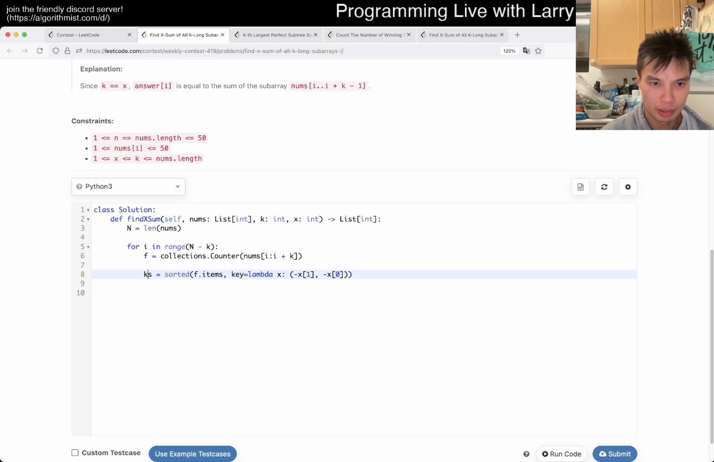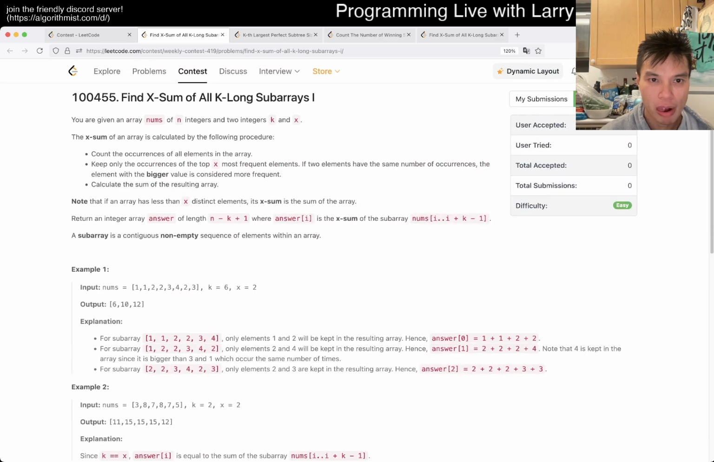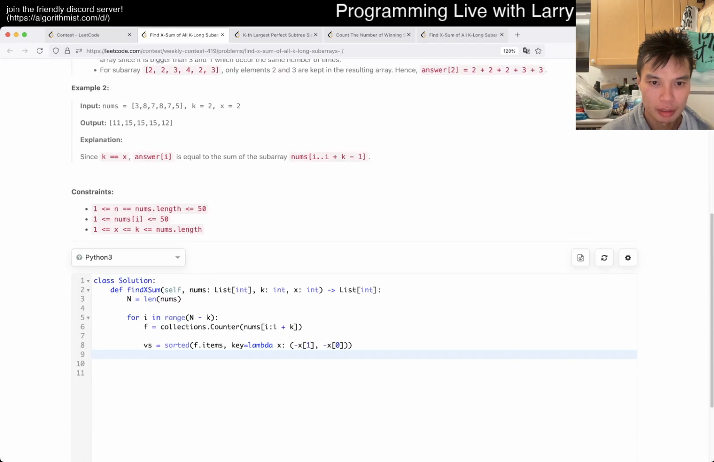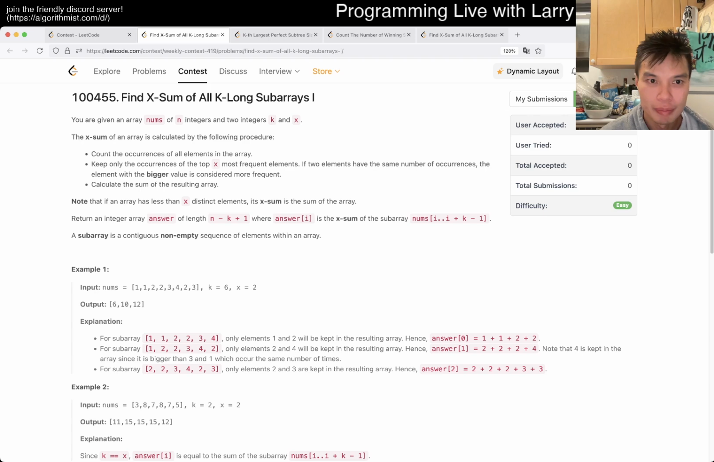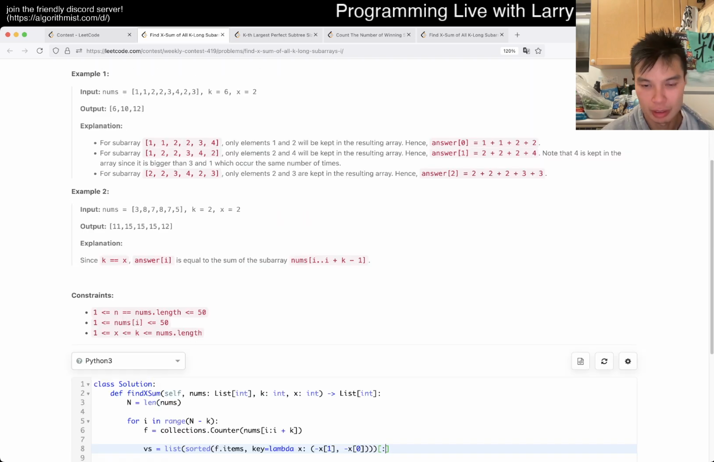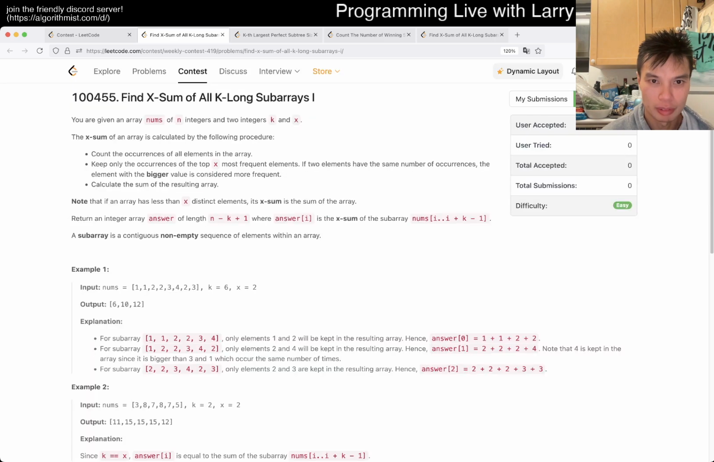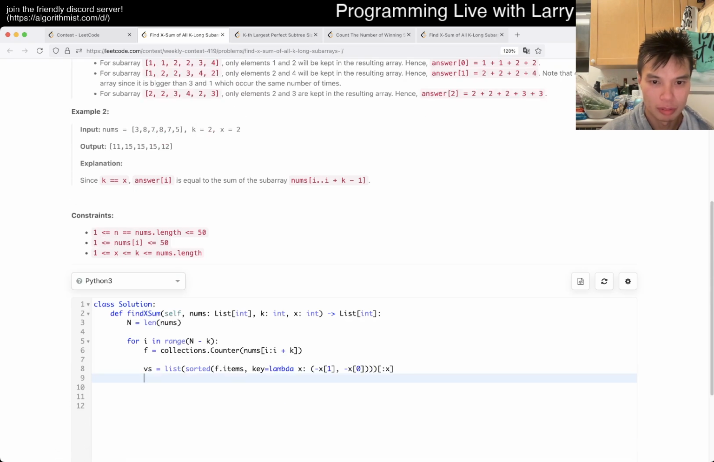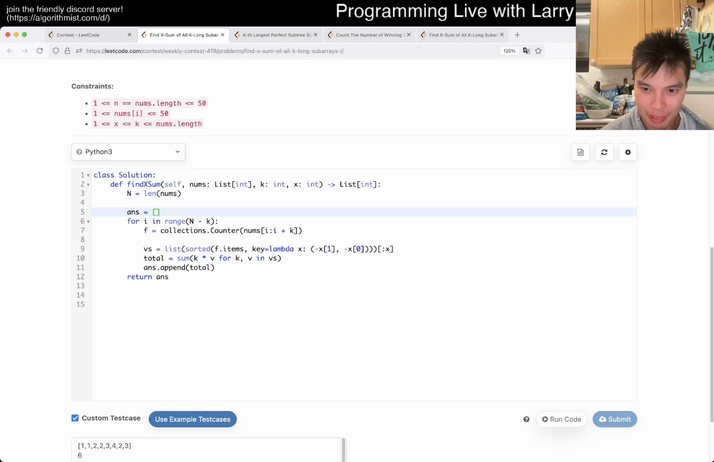So whatever values, and then we want only the top, top X. So then now someone like this, and probably the harder version we have to think about a little bit, but don't have time